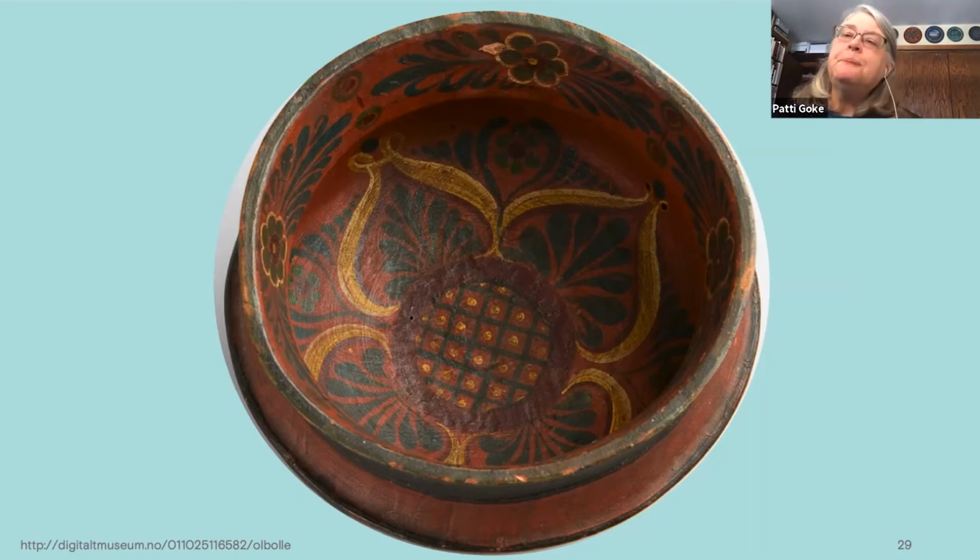And by having those yellow dots in the middle, it brings the eye to the root of the design, which in this case is that middle or that center of that large flower. All right, in the next slide,